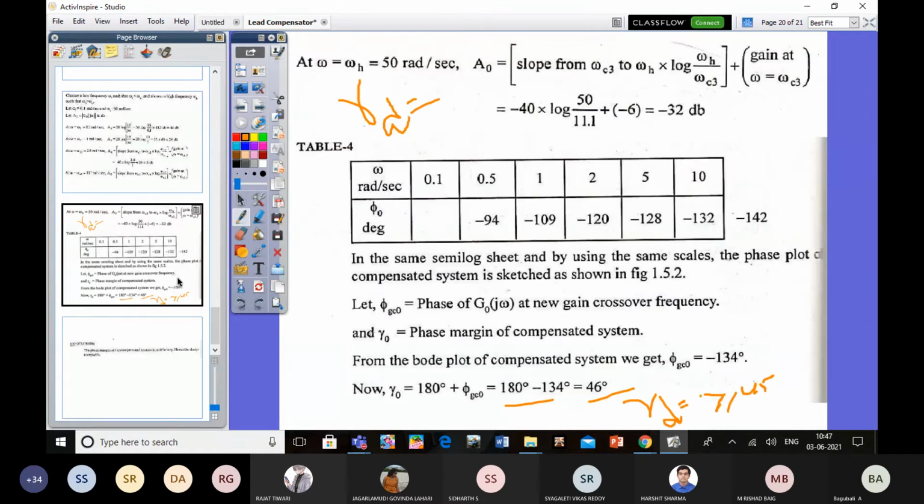The phase margin of the compensated system, gamma n, satisfies the design criteria. So the design is accepted. Like that you can conclude. Any doubt in that? As per the design criteria, gamma D should be greater than or equal to 45, and ours is greater than 45. No problem. It meets the phase margin criteria given in the design, so our design will be accepted.